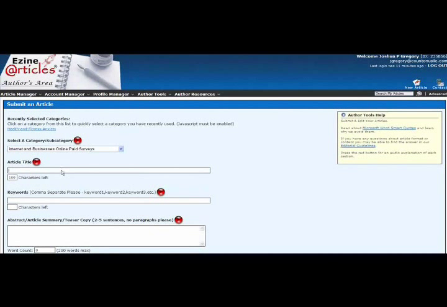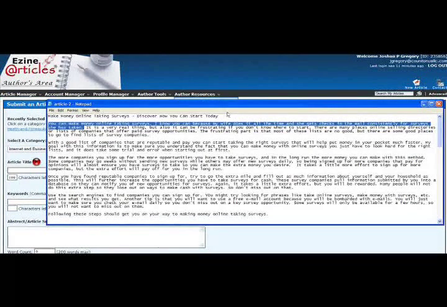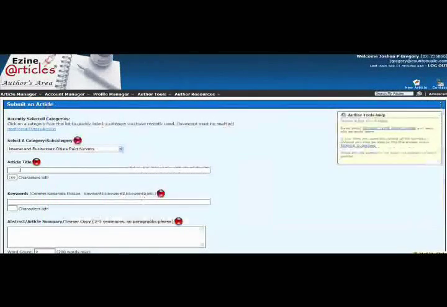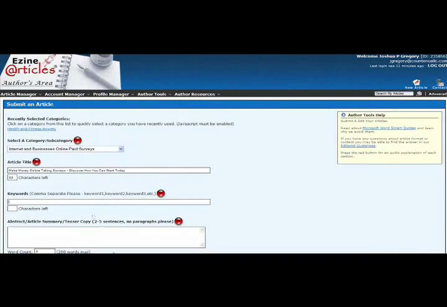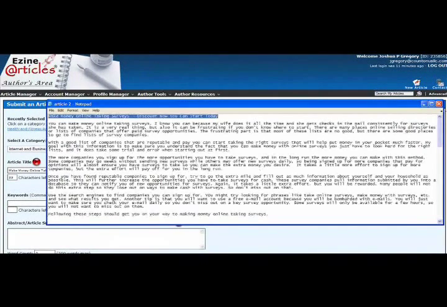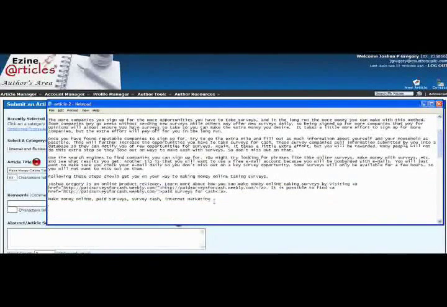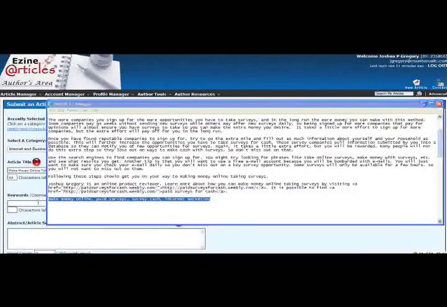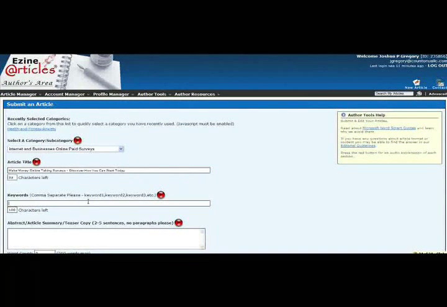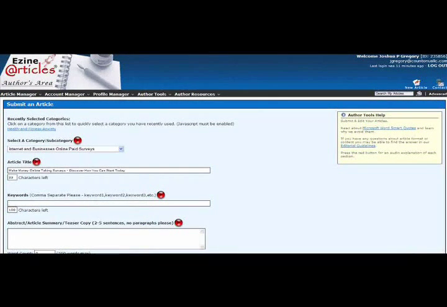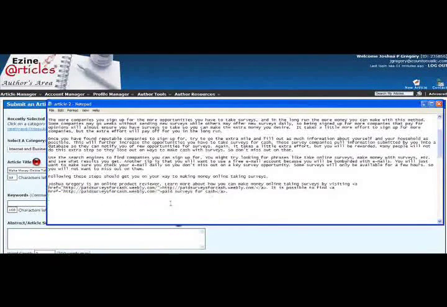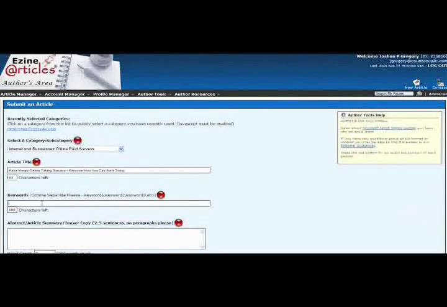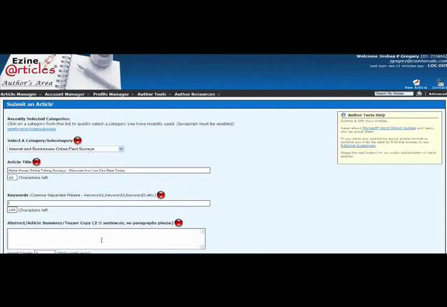But you can also go over here to where it says article title, and you're going to go ahead and just plug in that article title just like we've been doing, so you can kind of sense the pattern here. This is very basic stuff. I just hit Control C, Control V, getting that in there. So internet marketing is not difficult. It just takes time and a little bit of effort, and this is a great way to drive traffic. So we're just going to get our commas in there. For some reason those do not want to copy. Okay, so let's get that in there. Okay, so since they don't want to come, we're just going to do that.